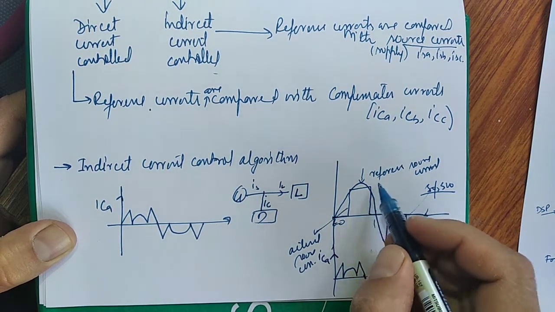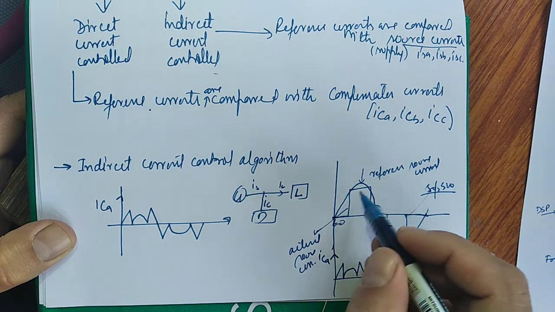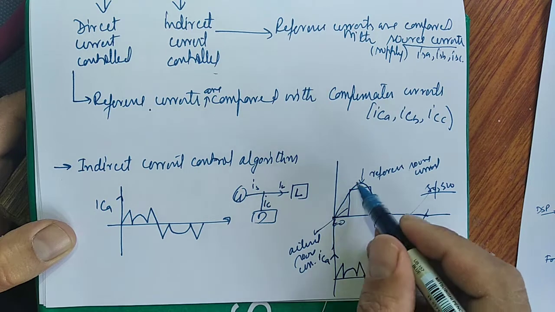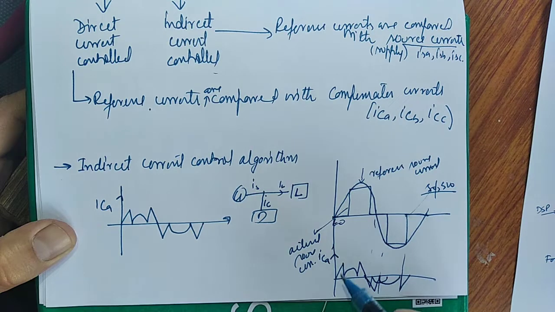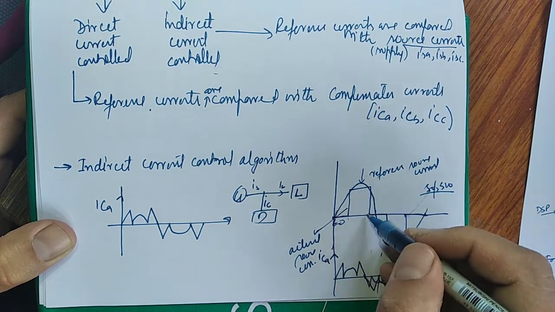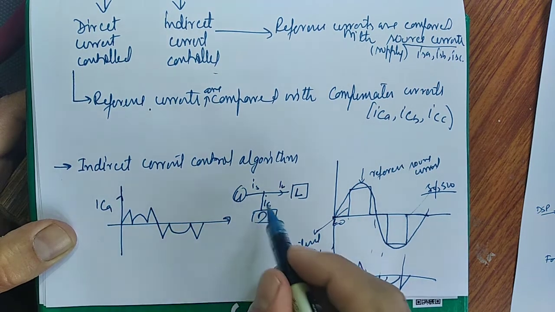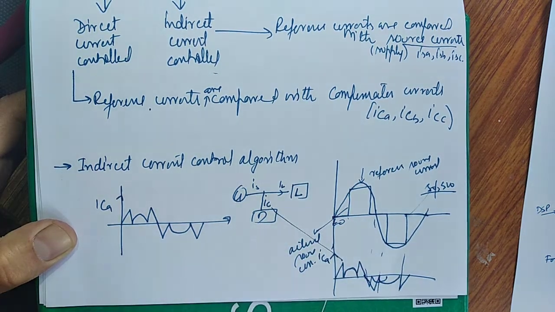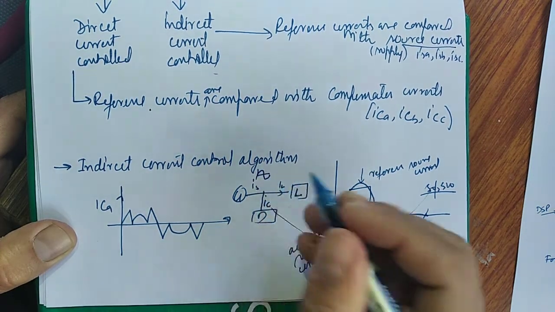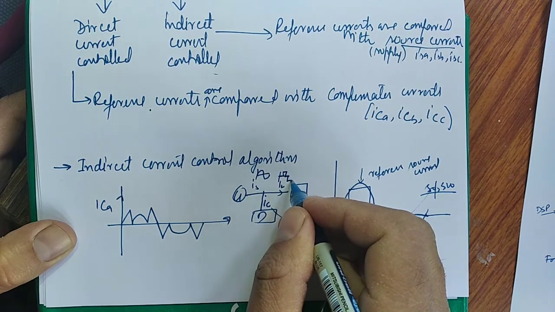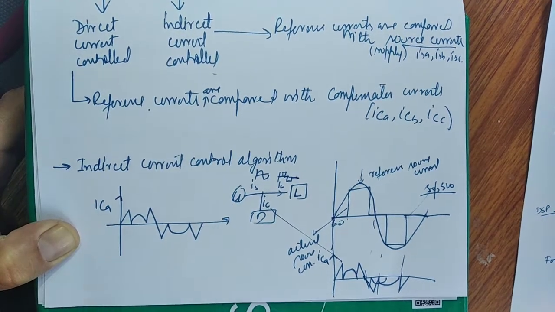When we compare this reference current which we generate like this one, we give a signal to the D-STATCOM comparator that we need this source current, and this is the actual current. By comparing it, we will get this part. So actually this compensator should give this current. This IC should be this one. If IC gives this one, then the source current will be sinusoidal, and the load current will be the same as this one. This is how the D-STATCOM is working. This is the principle of operation.